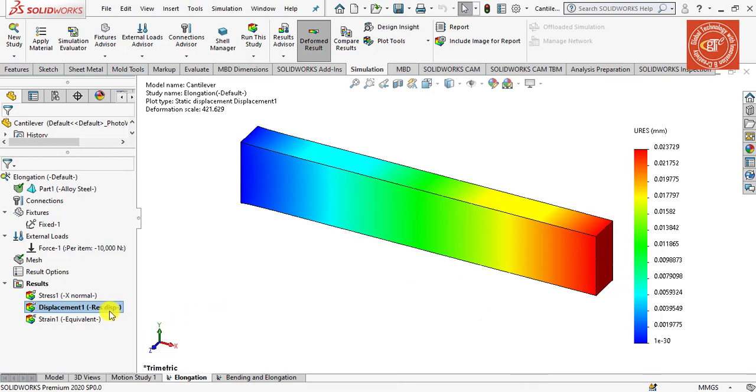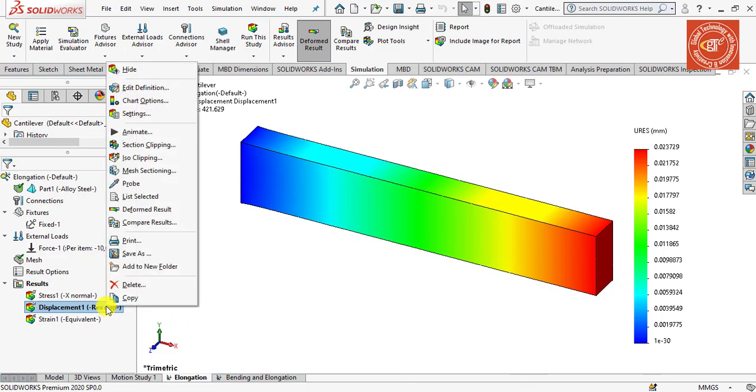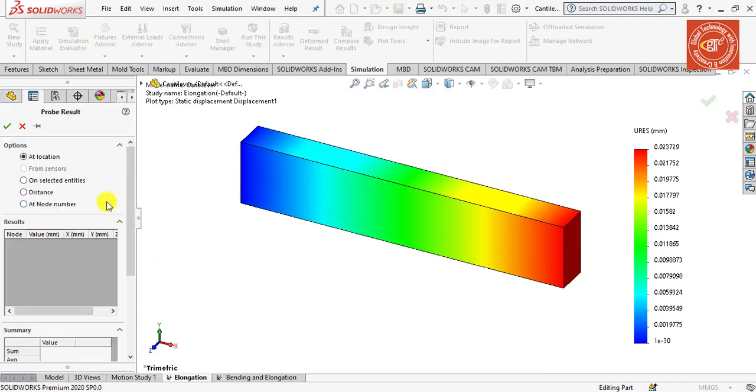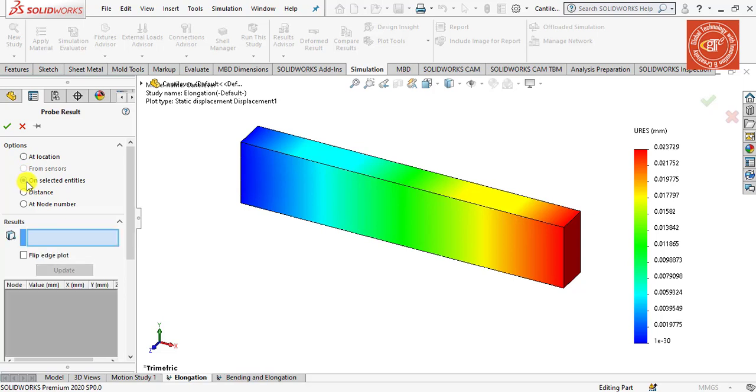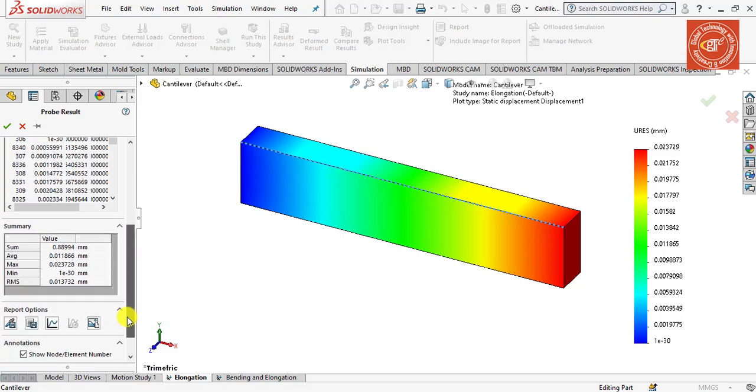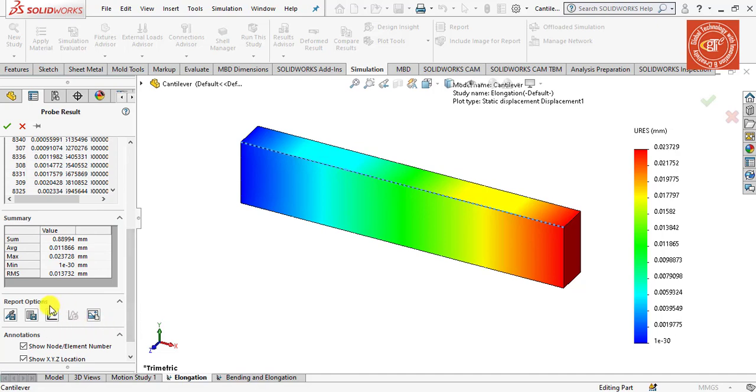Okay, now again move to the displacement 1, right click on it and click probe, and after opening the probe result feature manager window, select the on selected entity under the options heading, and then move to the second heading of results, and then select this edge of the cantilever beam, and then click update, and then check this flip edge plot option, scroll down a little bit, and then under the report option click